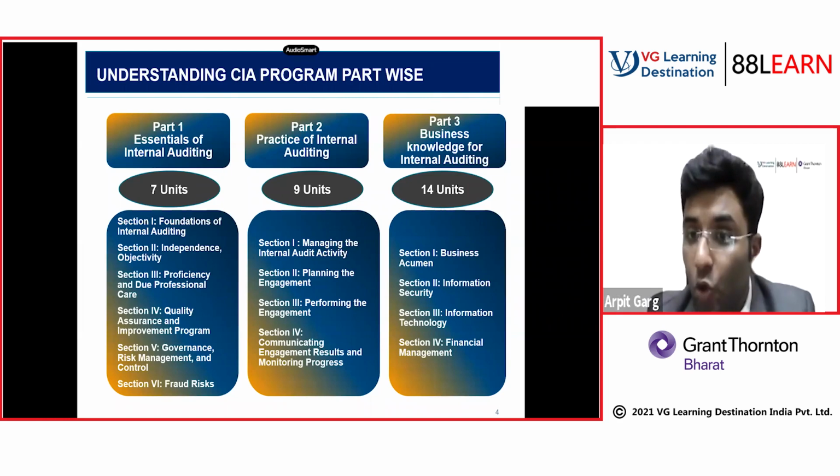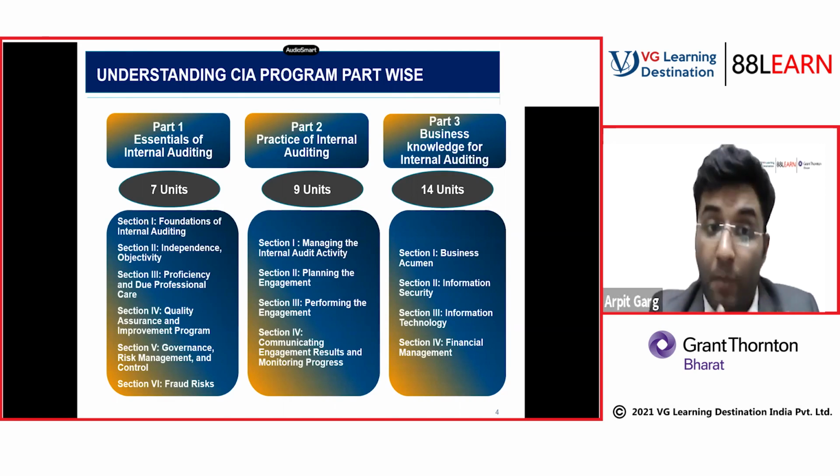We'll understand a lot about control types and frameworks. When I say control types and frameworks, it includes the COSO framework, the Foreign Corrupt Practices Act framework, the COBIT framework, which is on the IT side, the SOX framework, and so on and so forth. So we'll understand the different control frameworks which have been published. We'll understand different control types, different processes, different controls that are linked to those processes, and their importance. What are the different risks in each process? All of this is something we are going to cover as part of Part One's session series. So this is 7 units, folks.